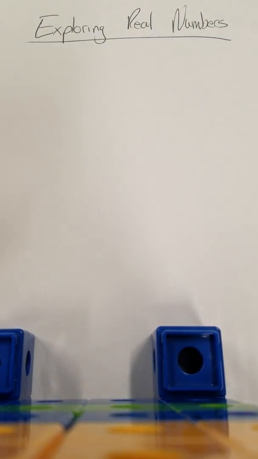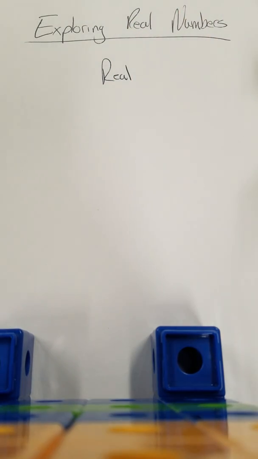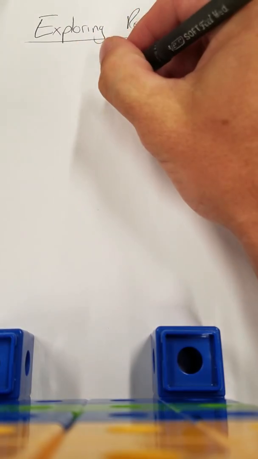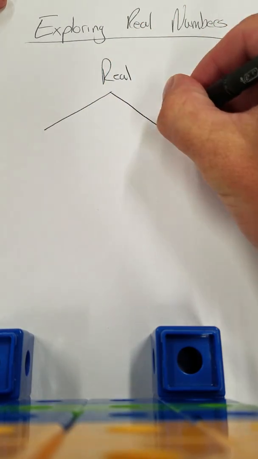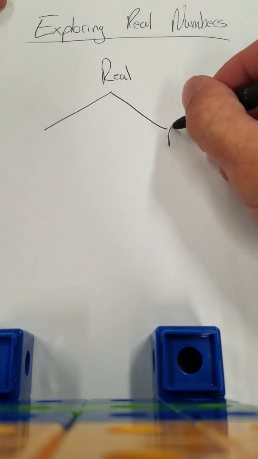All right, the real number system. Here's the way this is going to work. In our number system, there's things called reals and imaginaries, and we're only going to work with the reals right now, okay? We're not going to worry about imaginaries in this class. Real numbers can be broken down into two different things: rational